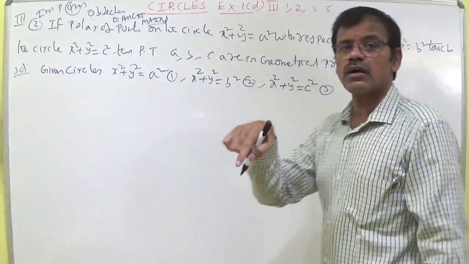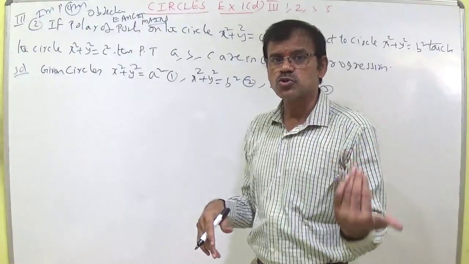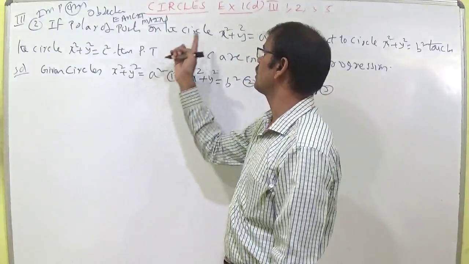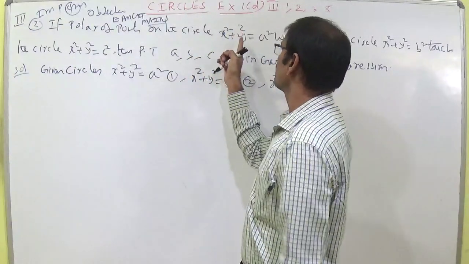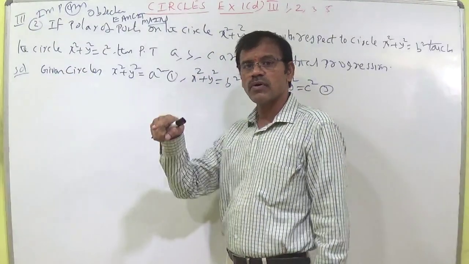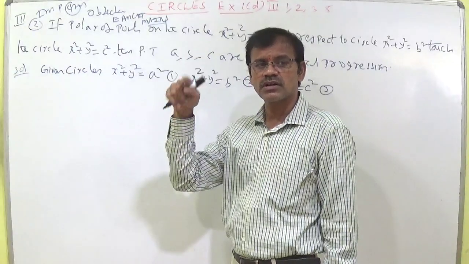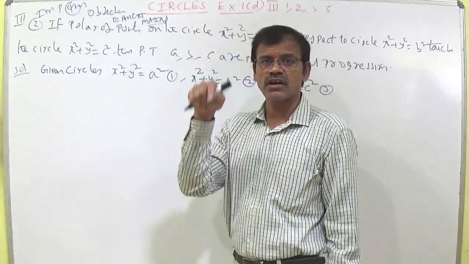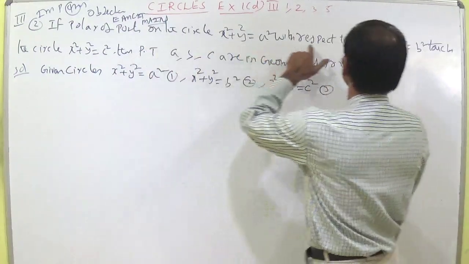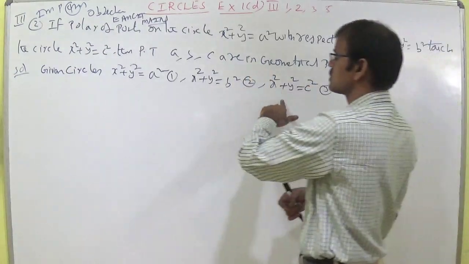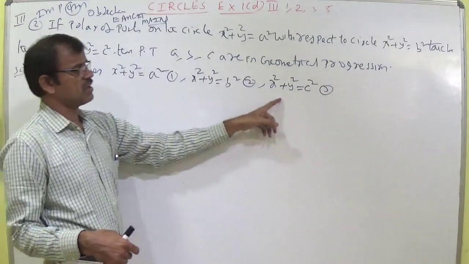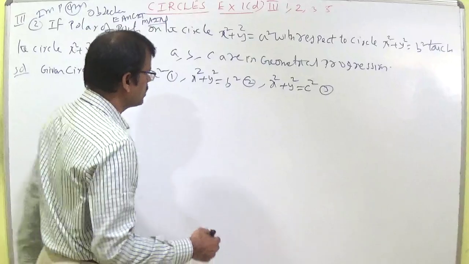To get the polar of the second circle, a point we used to take from outside or inside or anything in the plane of the circle, the point should lie on this circle. So point x1 comma y1 lies on 1. From the point, if we have taken a secant, the points of intersection of tangents drawn at extremities of the chord is the polar. So polar of the second circle. Now read it once again. With respect to the circle, touches the third circle. So the polar of the second circle, where the points lie on the first circle, touches the third circle, then you should prove that A, B, C are in GP.